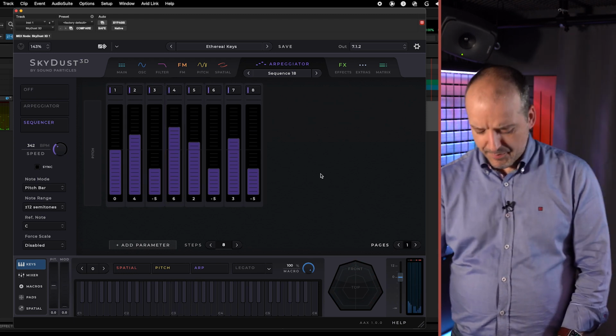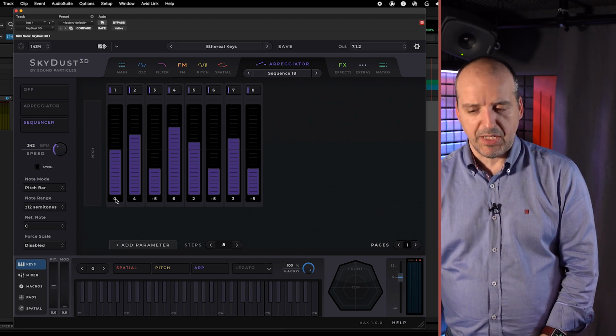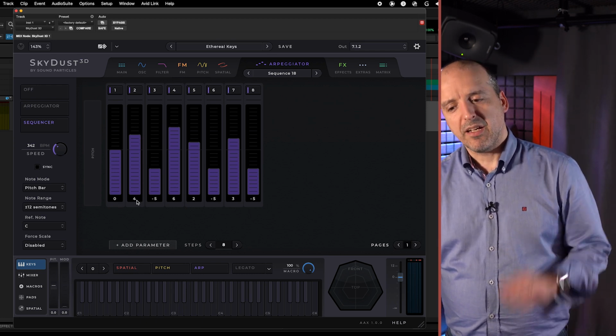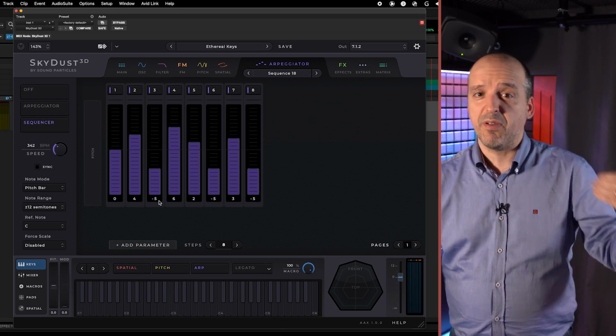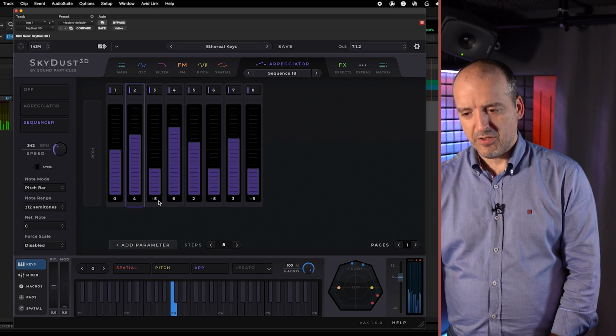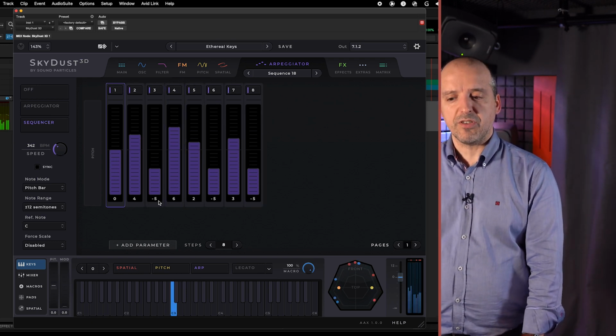Okay, so pretty much what happens is I'm playing a note and it knows, okay, the first note should play with the exact same pitch. This should play 4 steps above what is the current note. This should play 5 steps below the current note. And then if I choose a different note,